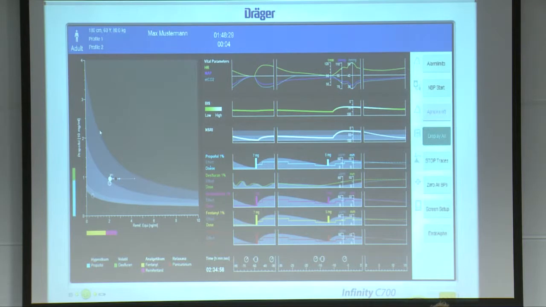In the Navigator, I think they're on the Smart Pilot, this is the Draeger Smart Pilot display, they have introduced that response surface in a two-dimensional form and have simplified it to make it more accessible to routine users. As you see on the right, they're plotting the effect site concentrations for each of the drugs. And then on the left is shown,